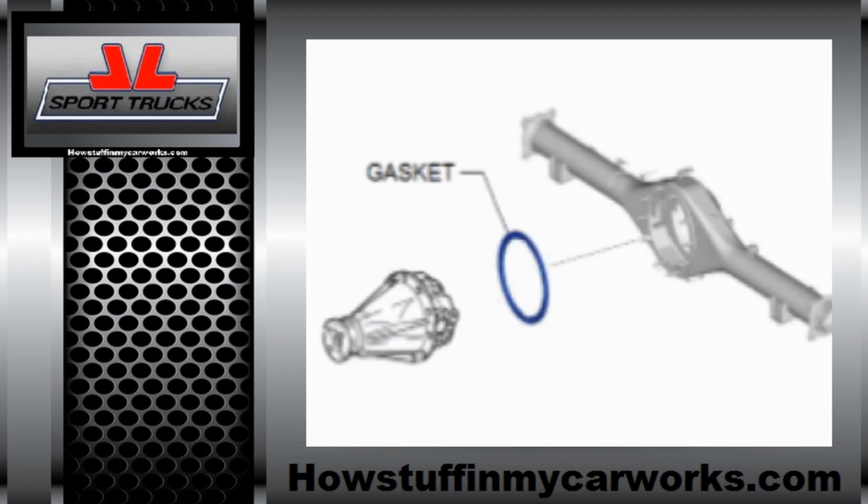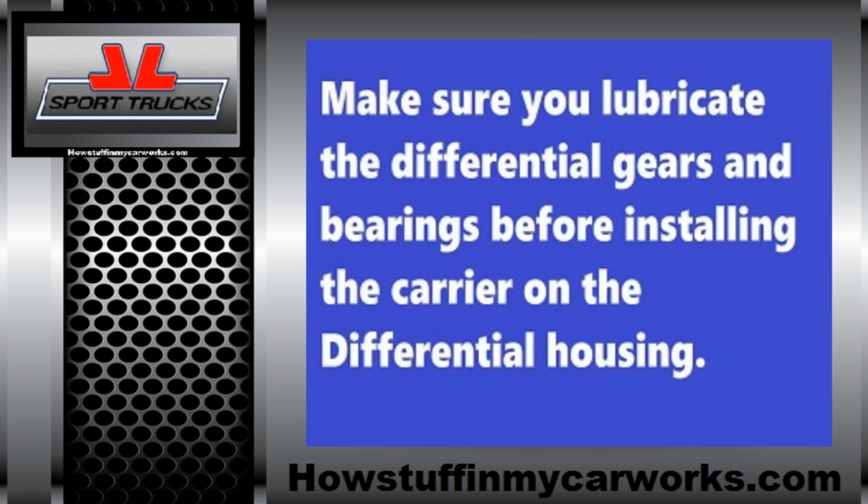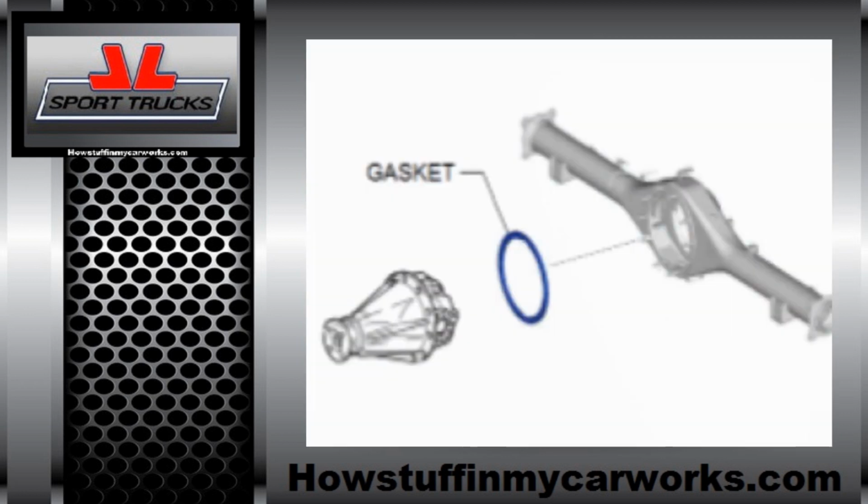Before installing the new differential carrier, make sure you remove all the gasket material from the axle housing. And if you're installing the old carrier, make sure you remove all the gaskets from it also. Next, apply a light coat of high torque gray RTV to the axle housing and install a new gasket. Next, apply a light coat of the same gray RTV to the differential carrier, slide it over the studs on